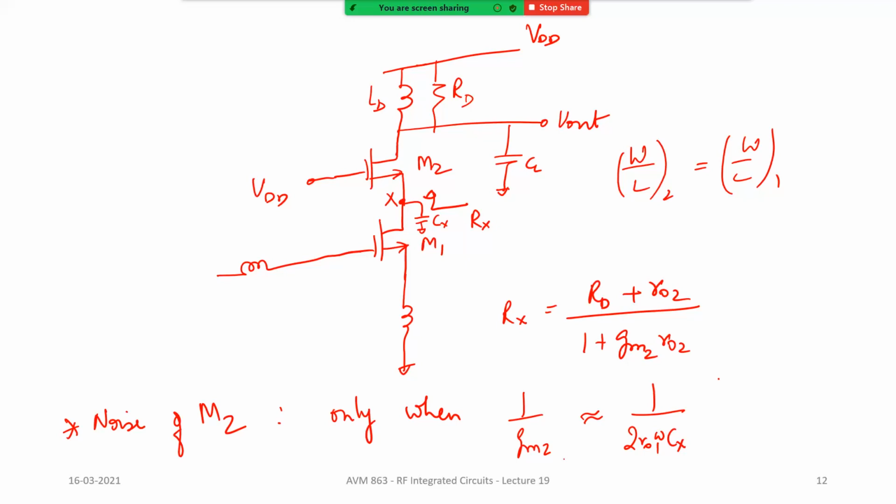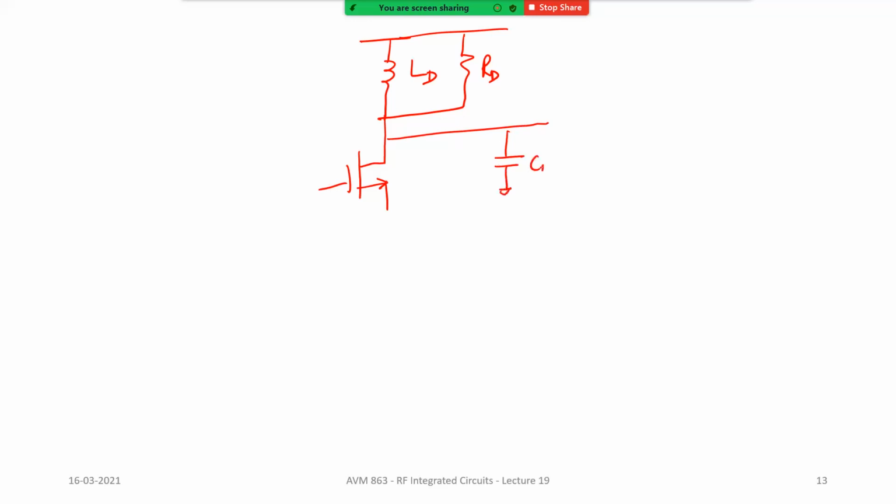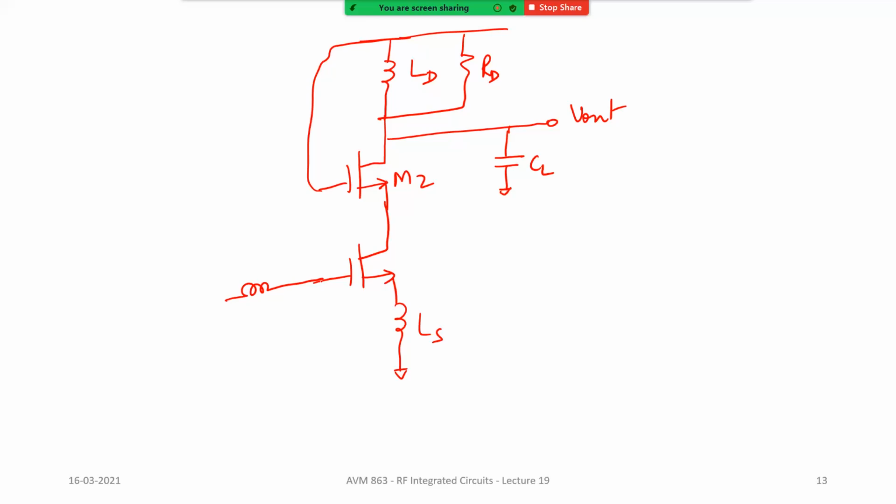Alright. Okay. So a typical LNA is going to basically look like this. So let us actually start to put together this entire LNA. Okay. Let's have a practically realizable LNA. Right. This RD is basically due to the Q of the inductor. Let's say this is M2. This is our total CL, V out, M2. This is connected to the supply voltage. This is our M1, LS, right? Now this is our LG.